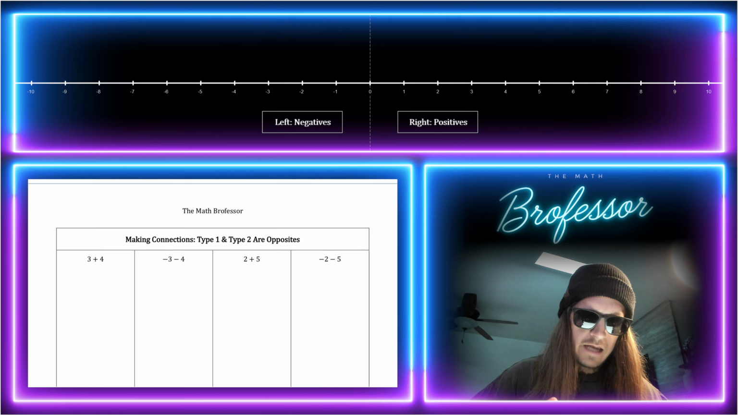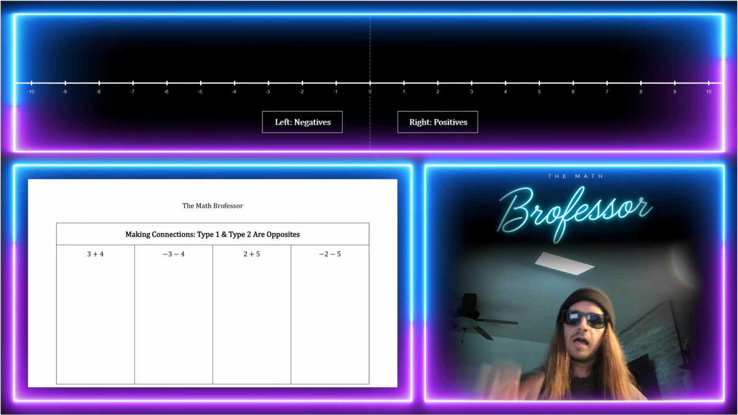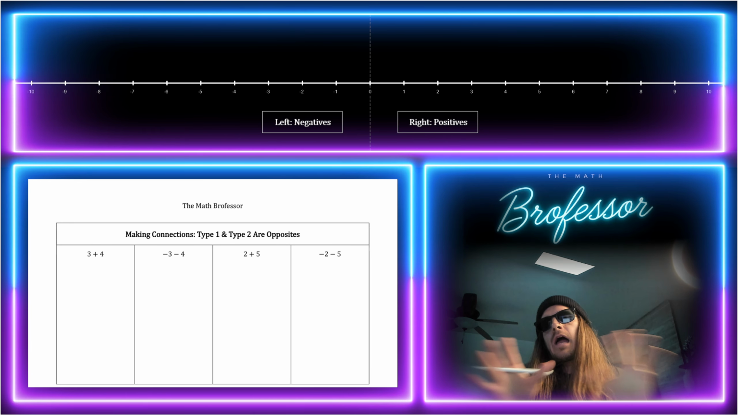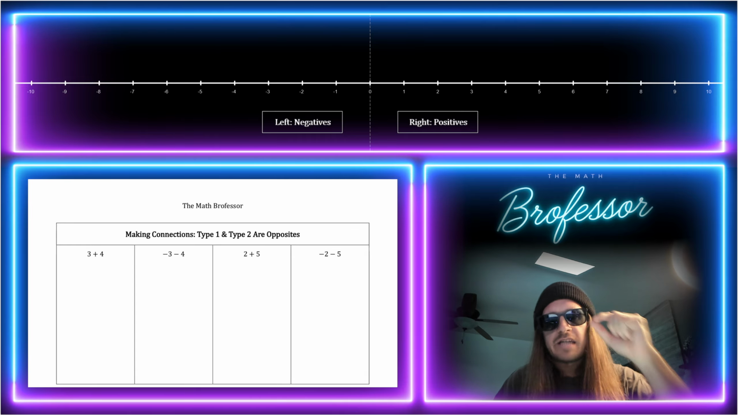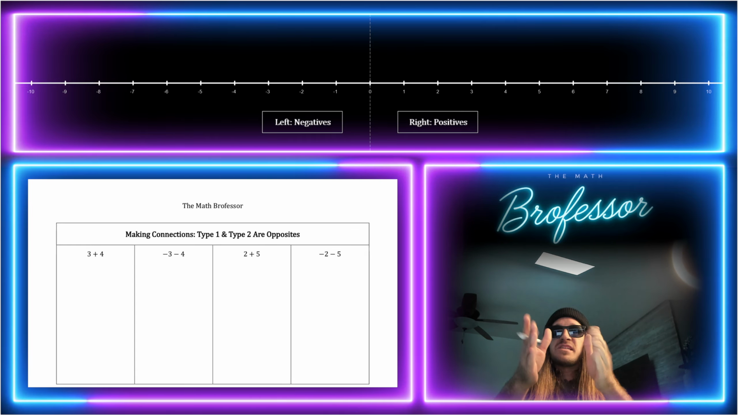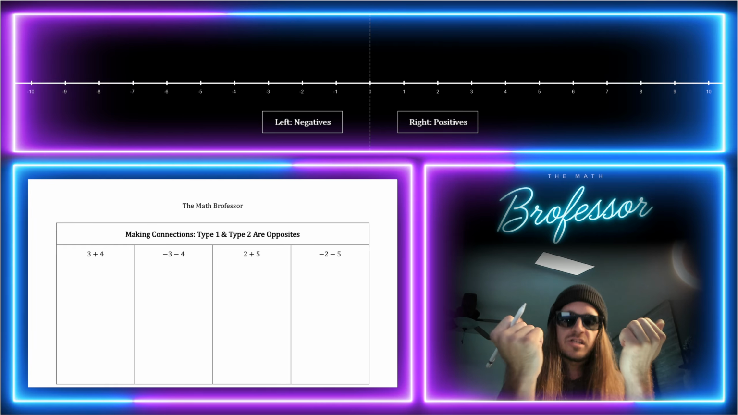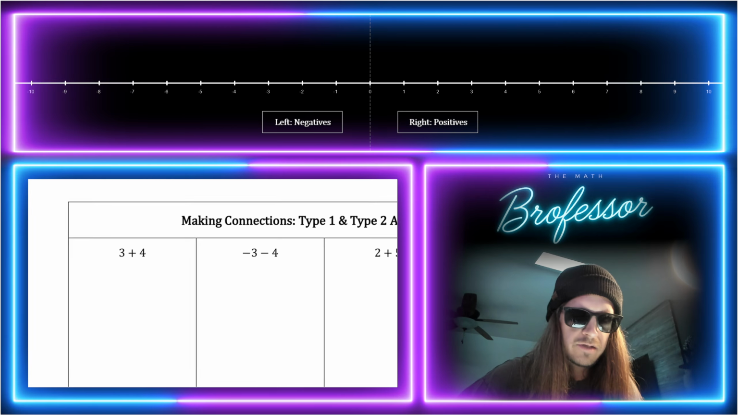Now, making connections. So here's something I want you guys to realize. Type 1 and type 2, and again, I've made up these types just for the sake of organization, but these type 1 and type 2s, they're opposites. They start on opposite sides and they go opposite directions, which leads to this very nice symmetry,